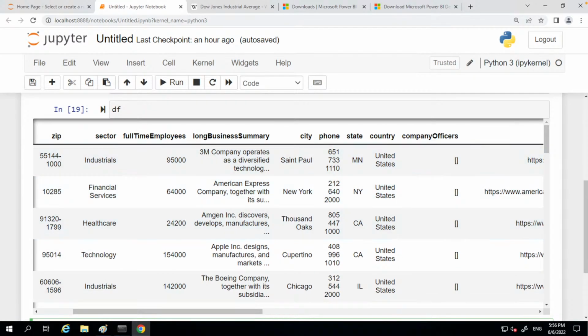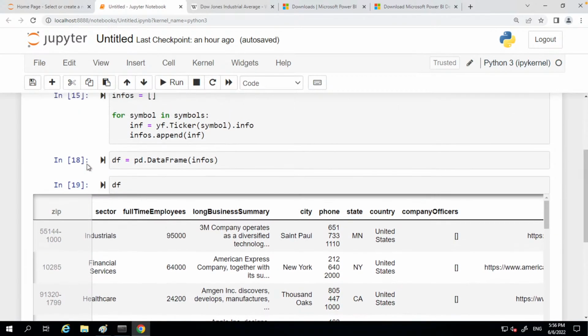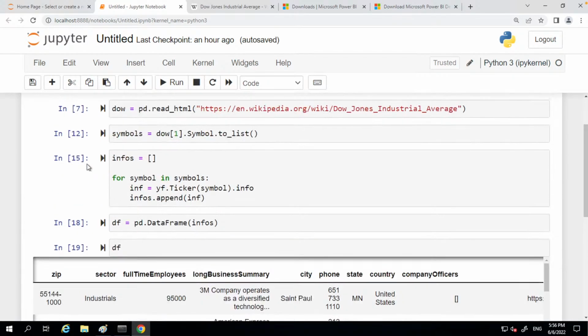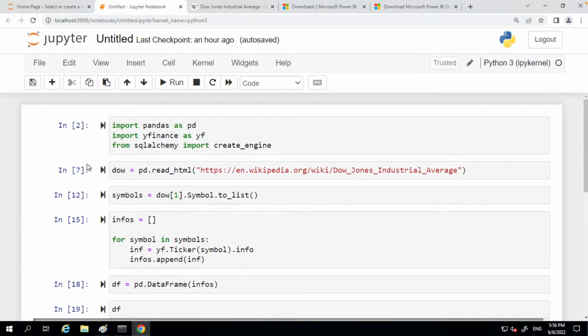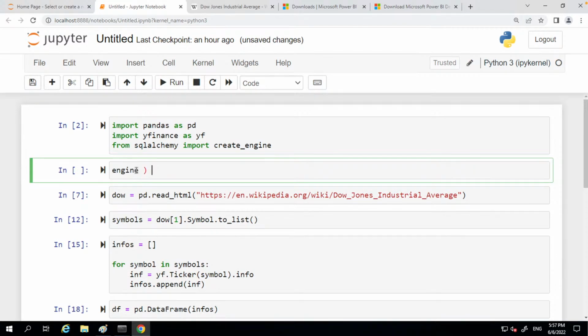So I'm going to write this data frame into a database. Before doing so, I have to define an engine connecting to SQLite. So I'm using SQLite here. You can also use MySQL, Microsoft SQL Server, or whatever database system you are using. For simplicity, I'm using SQLite here. So I'm going to define an engine here